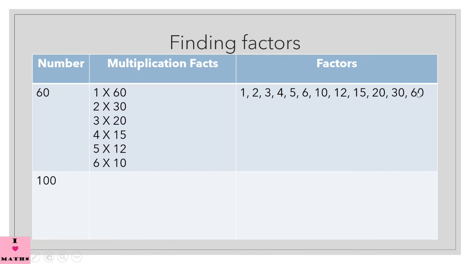There are many factors of 60. But we don't need to worry, beta. If we find it with this trick, we will not go wrong. See, we have got 1, 2, 3, 4, 5, 6. We have gone sequentially. Okay, now let us try 100. Okay, 1 is a factor of 100. 100 is a 100. So 1 and 100 both are the factors of 100.